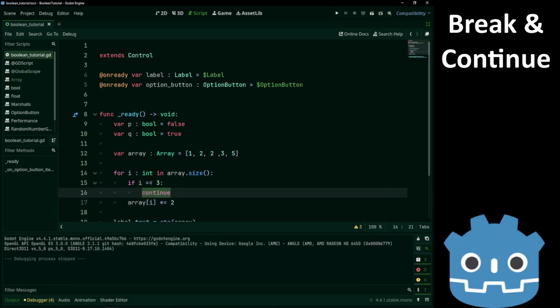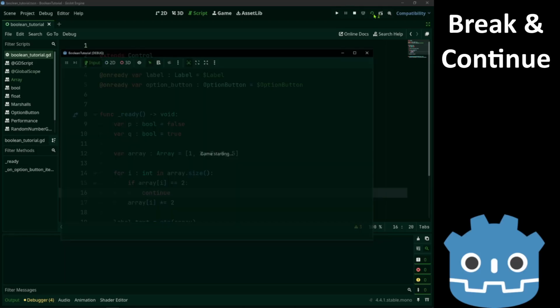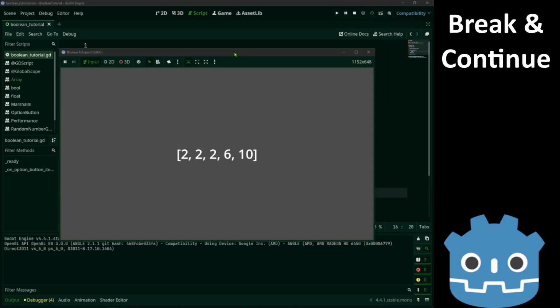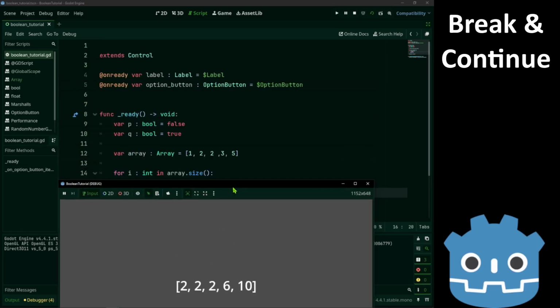Let's place a different condition. If the element is 2, continue. So these 2's will stay the same. We see that every value was doubled except for the 2's.